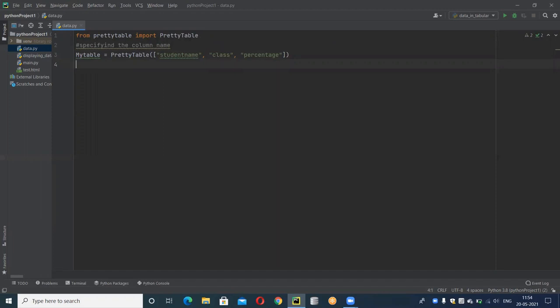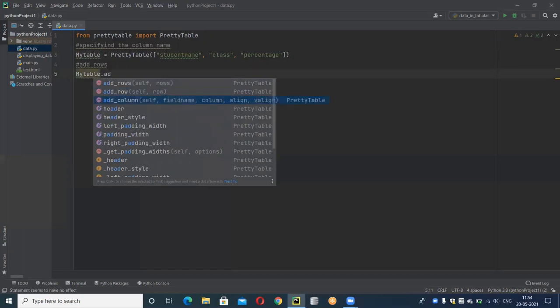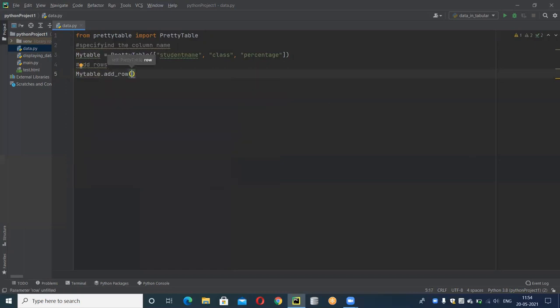Now after adding the column names, we will be adding our rows. Add rows. So our table name, in that add row. In this, we will be mentioning the student name Ritesh, in this 10th.